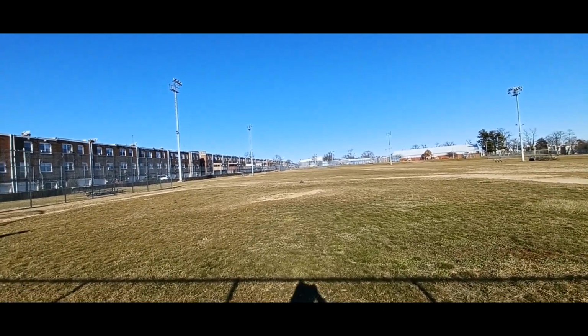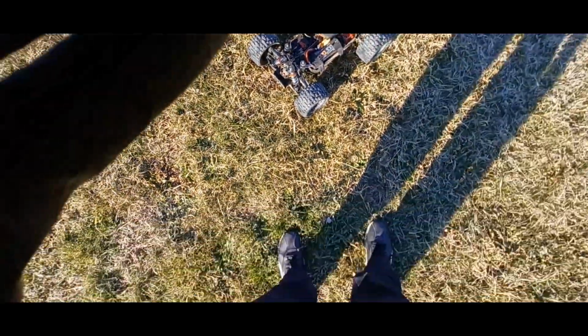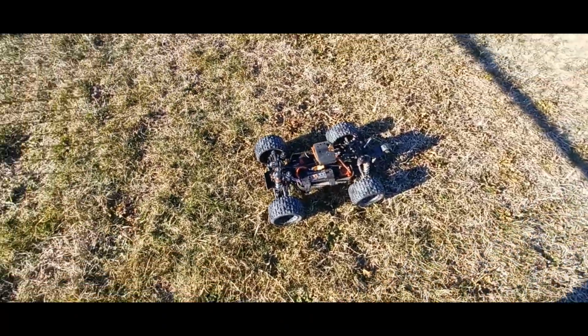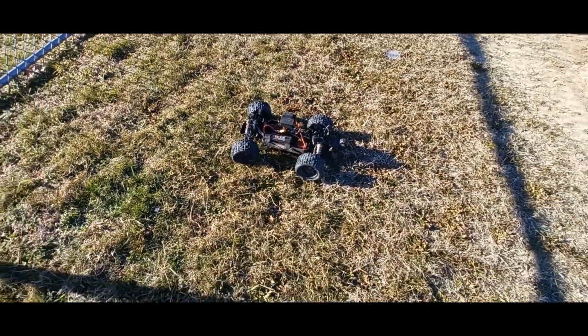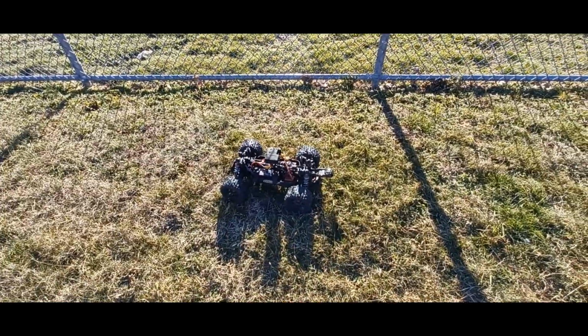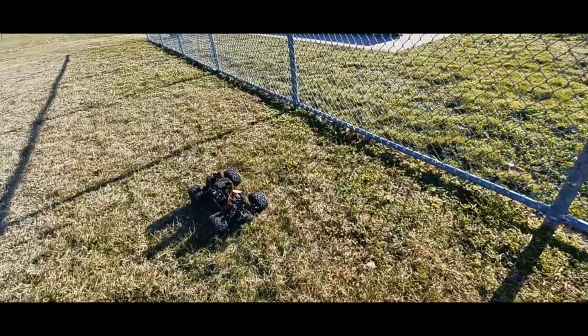Trying to make it faster, and it was a bad crash. It wasn't a bad crash, but it knocked my body off and lost all my pins. So I mean, it did pretty good though. Next test I'll do 6S, but